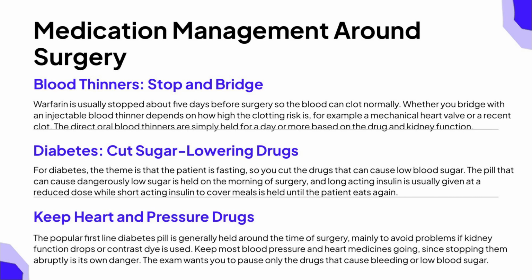The newer direct oral blood thinners are simply held for a day or more depending on the specific drug and the kidney function. Second, diabetes medicines. The unifying idea is that the patient will be fasting, so you reduce or hold the drugs that can cause low blood sugar. The pill that can drop sugar dangerously is held on the morning of surgery, long-acting insulin is usually given at a reduced dose, and the short-acting insulin that covers meals is held until the patient eats again. The popular first-line diabetes pill is generally held around surgery, mainly to protect against problems if kidney function drops or